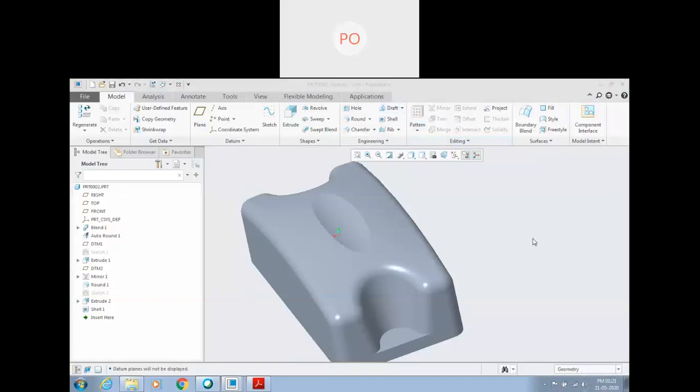Drawing number 3. Other question? Third assignment.